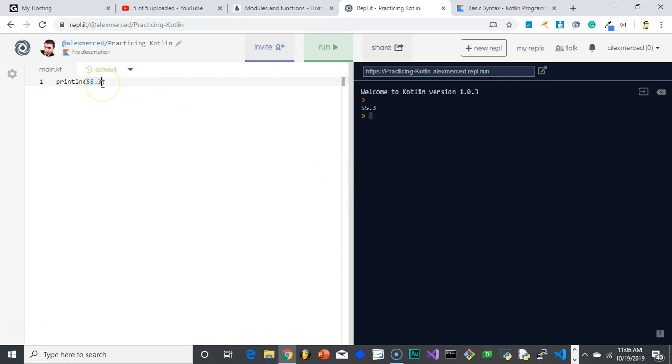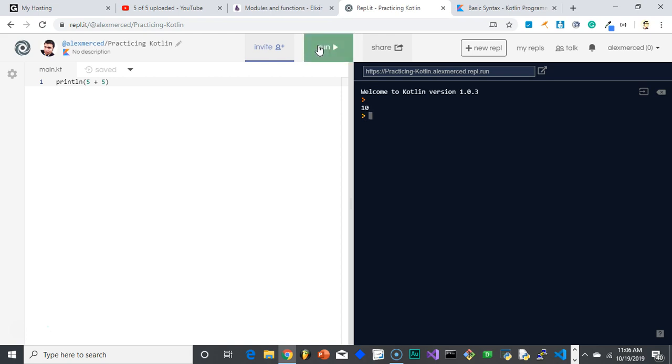You can also print out expressions. So not just print out a specific value, but I can ask, what's the result of 5 plus 5? and it'll print out the result of that. It prints out whatever is inside there. So when you're using operators, it's going to determine that this is an expression that you want it to calculate. So when it's done calculating it, it should print out the number 10,